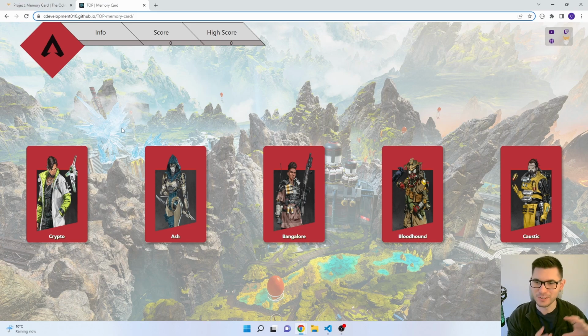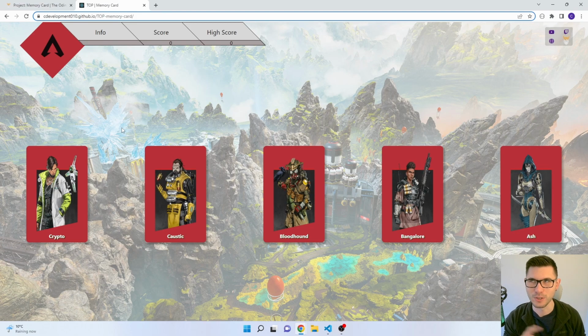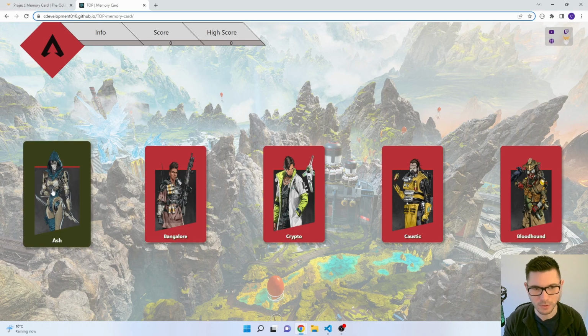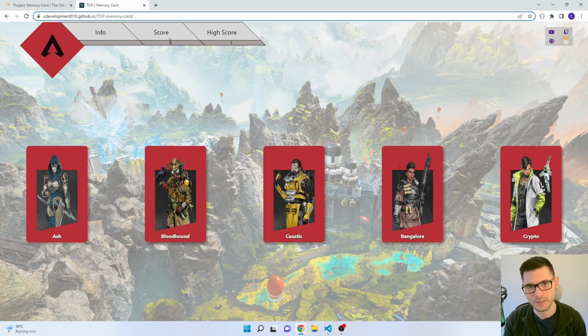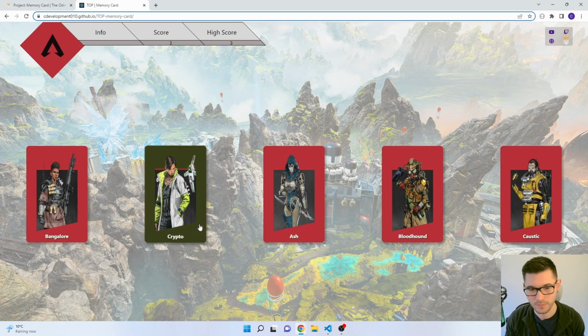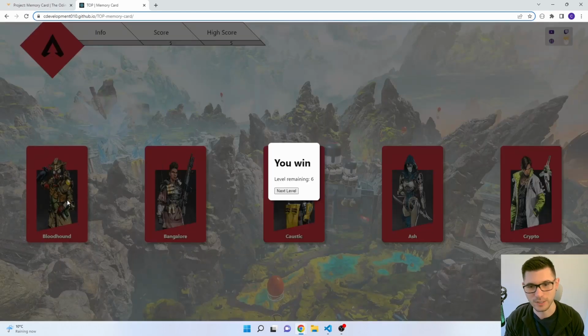That's something I've literally just implemented before doing this video. Before, it was shuffling when I click the cards, and it does that still, but now it also shuffles on refresh. So let's just go through. I click Ash. As you see, the score increased, and the high score increased. And we've got Bloodhound, Bangalore, Crypto, and Caustic, and then that's it, game over, because I've clicked the 5 cards,